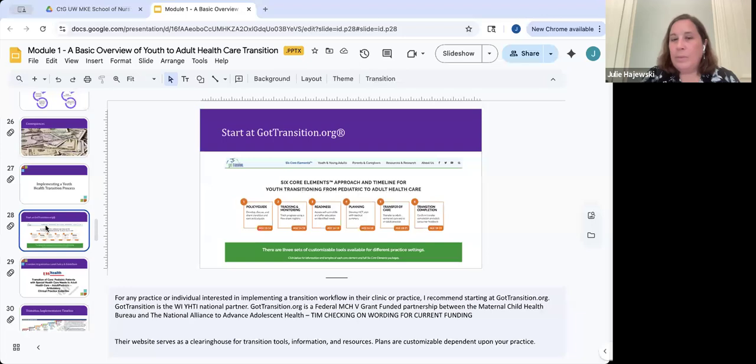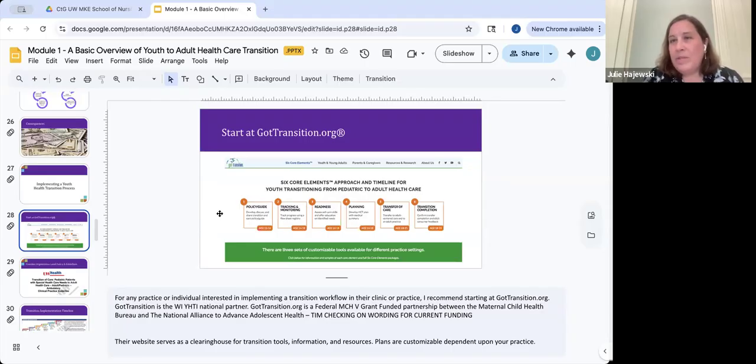They are also maternal child health 5 grant funded, and it's a partnership between them and the National Alliance to Advance Adolescent Health. And so they have done all of the work at a national level to really provide resources that are available to everyone. They don't charge for these resources. They are much like us, same license where please take it, disseminate it, use it, adapt it to work for your practice. And so they talk about these 6 core elements in setting up a youth to adult healthcare